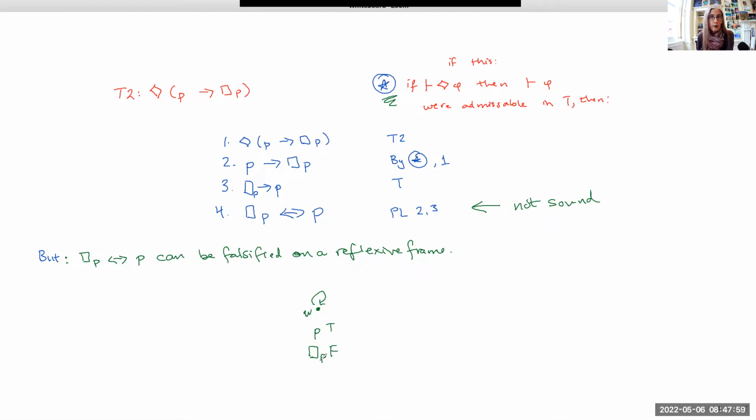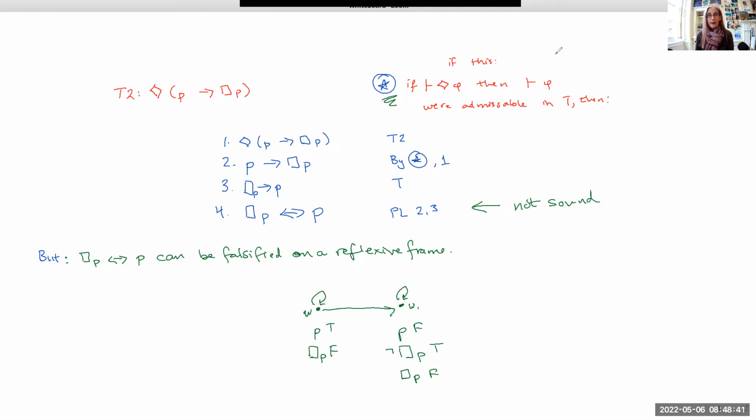In order for necessary P to be false, W has to be able to see some world, which can see itself. We'll call it W1, where P is false at that world. Now, here we're also going to have that necessary P is not true, or not necessary P is true. So just two different ways of writing the same thing. And that's because W1 can see itself and it can see that P is false. But here we have a case where P is true at world W. It can see a world where P is false, so P is not necessary. And here is how the truth and the necessity of P come apart.